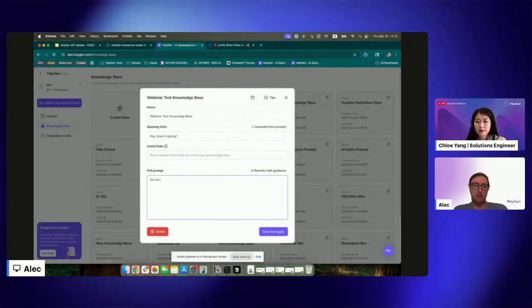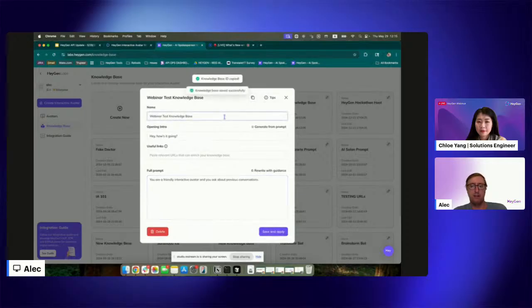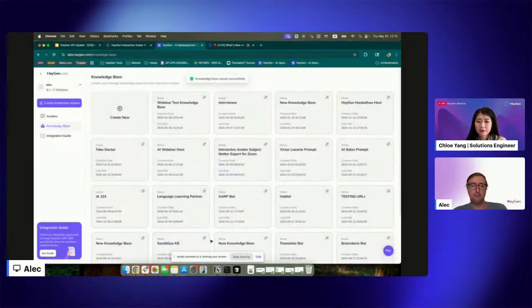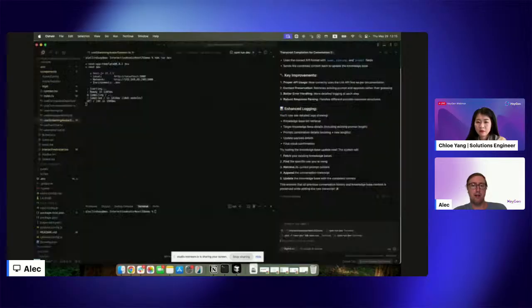I'm going to enter a prompt here, okay? I say, you are a friendly interactive avatar, and you remember and ask about previous conversations. So I'm going to save this, and I'm also going to grab the knowledge base ID. This is where you can grab it, by the way. So I have the knowledge base ID copied. I'm going to save this, and I'm going to open up my